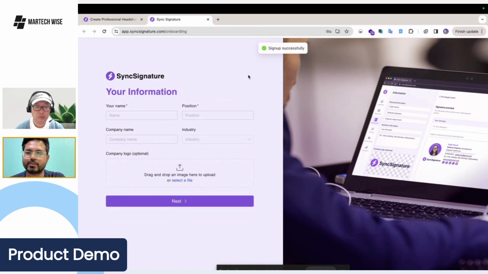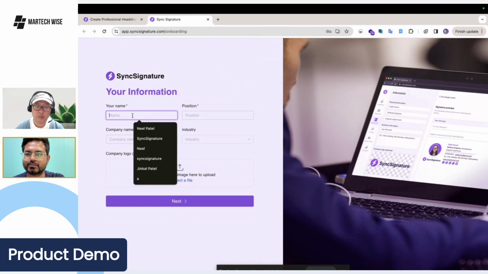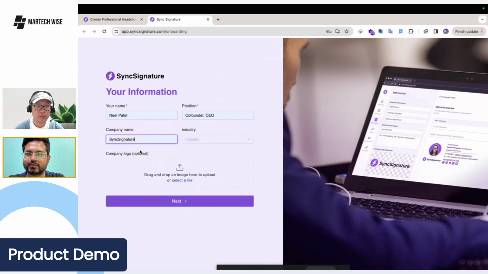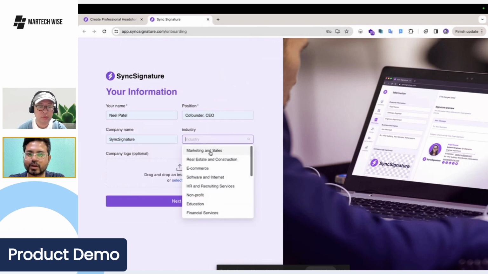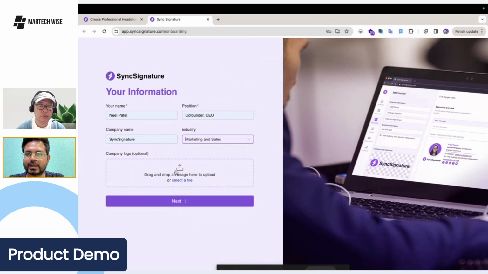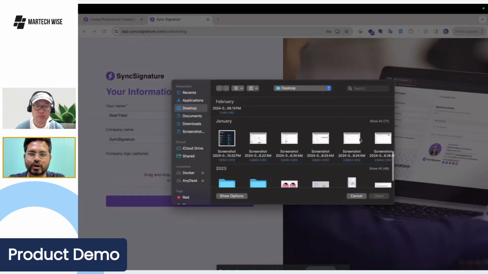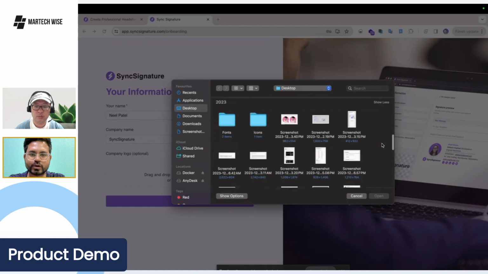So the next step is basically the information section where you will be adding the information that you want on your signature. It's pretty simple, straightforward. Your name, your position, your company name, the industry that you belong to, and the company logo. Now, the beautiful thing over here is that when you click on this company logo section and upload a logo, which I'm gonna do right away,